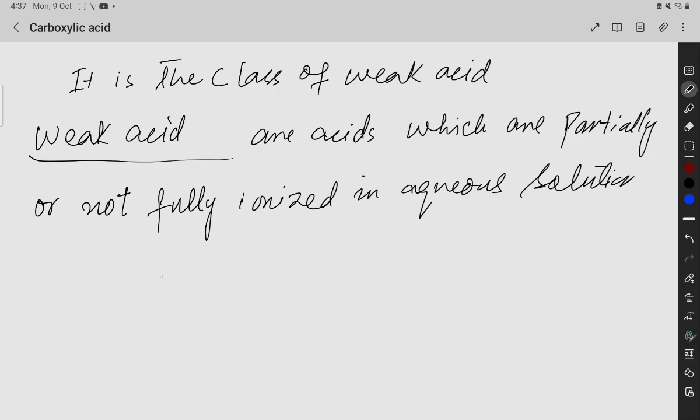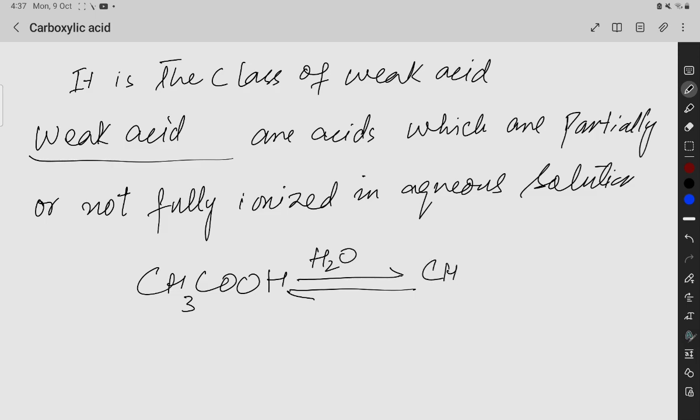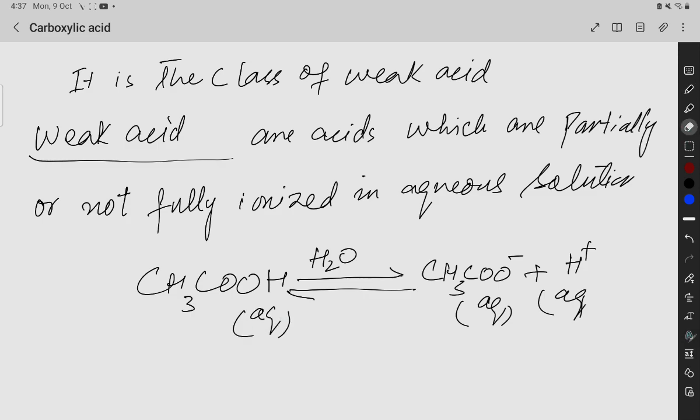Like this is the ethanoic acid, this is a weak acid. Okay, this is partially ionized in aqueous solution to form CH3COO negative plus H positive. Aqueous sign, and this is aqueous liquid होगा ये. Okay,